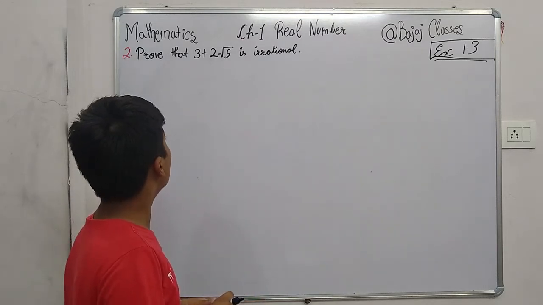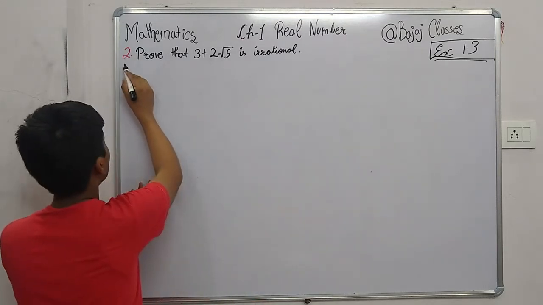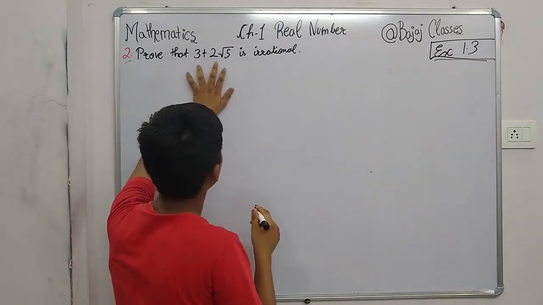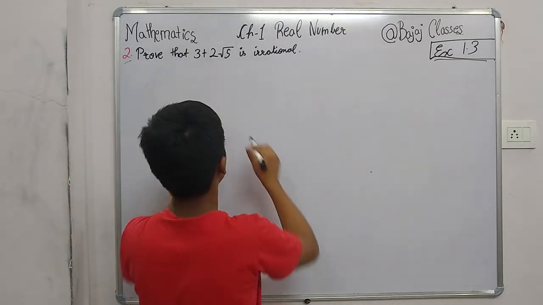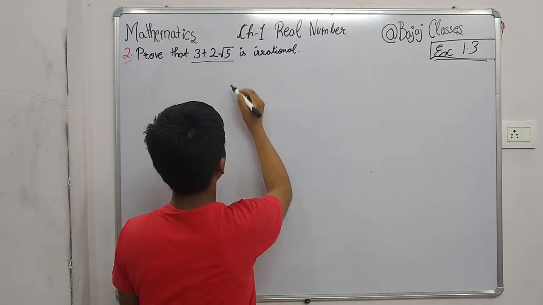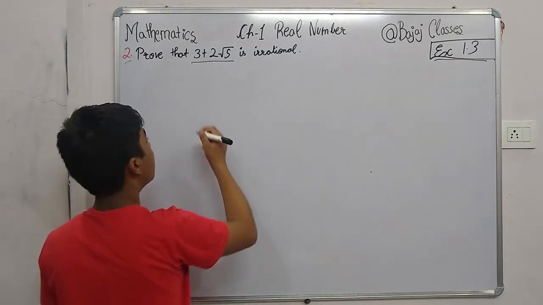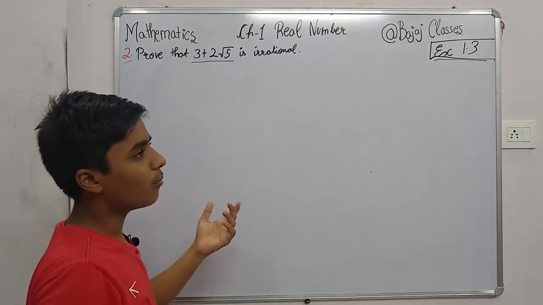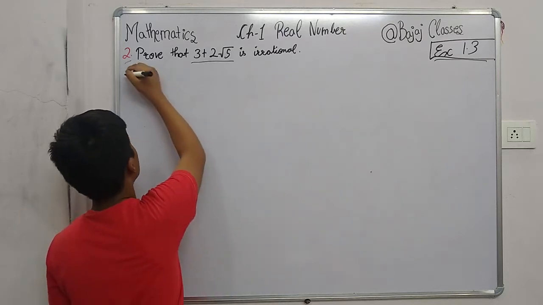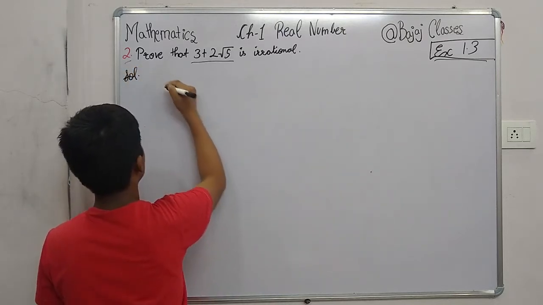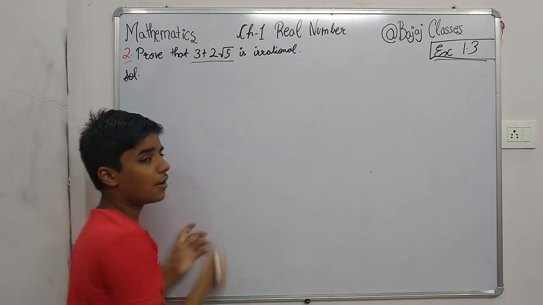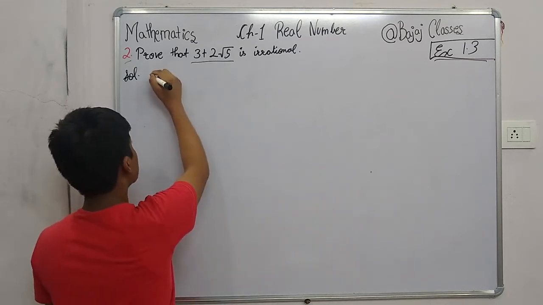So now, what is our second question? Our second question is: prove that 3 plus 2 under root 5 is irrational. So we have to prove that 3 plus 2 under root 5 is irrational. It is looking very complicated, but the solution is very easy. So solution. First of all, our first step is always: let us assume